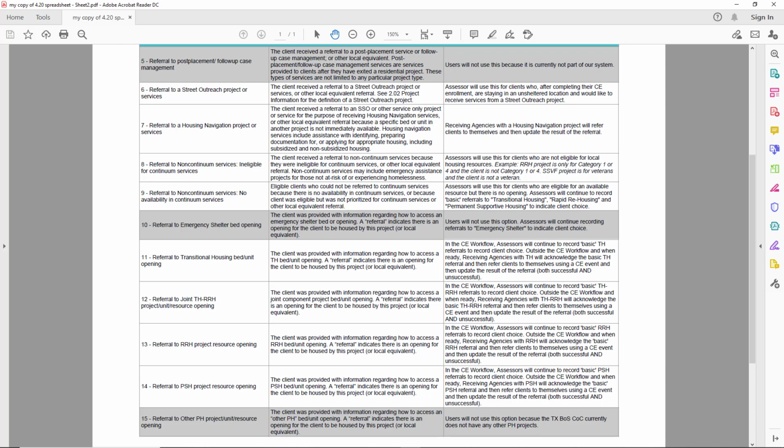Assessors will continue to record basic referrals to transitional housing, rapid rehousing, and permanent supportive housing to indicate client choice. You'll notice that referral to emergency shelter bed opening is grayed out, meaning that you should not select this option. The final 4 options that you should select are all very similar in that they are about openings to specific